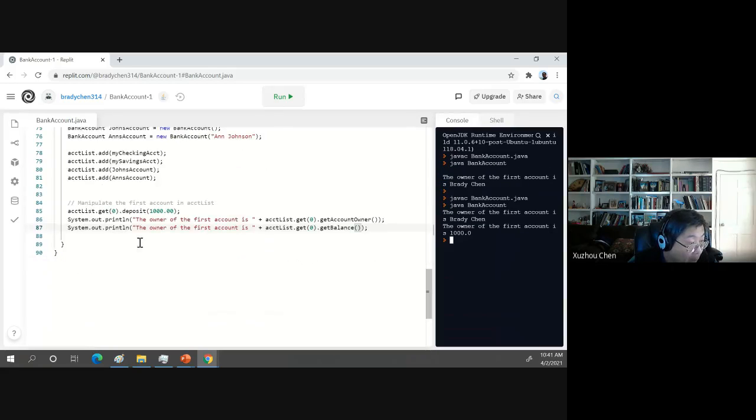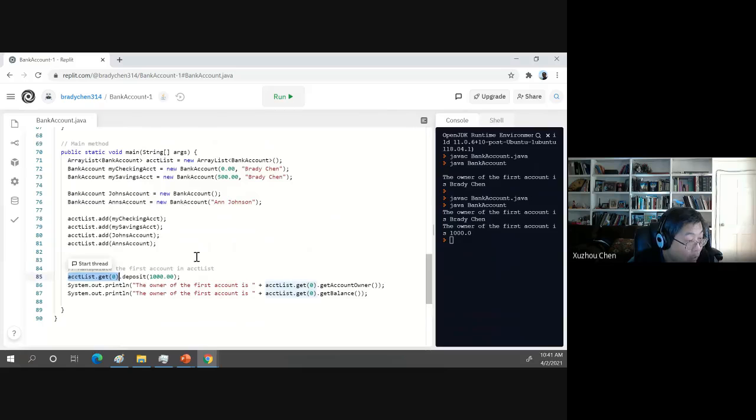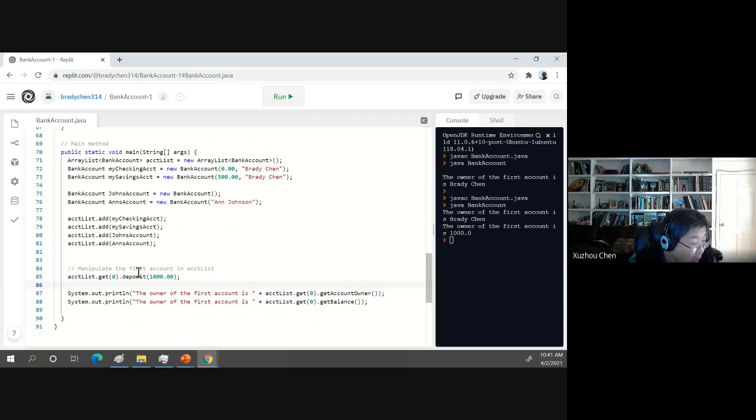Now just remember, account list dot get 0 returns the first element in the list. What's the first element? That's my checking account. So basically, it is the same if I want to type system out print like this. And then the owner of a source account is, instead of doing this, if I actually just type my checking account,